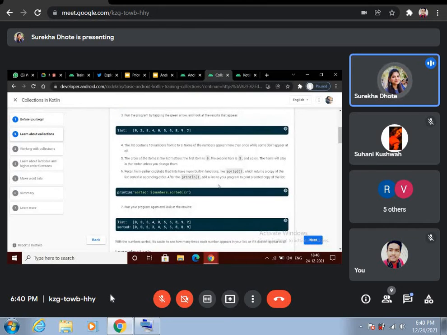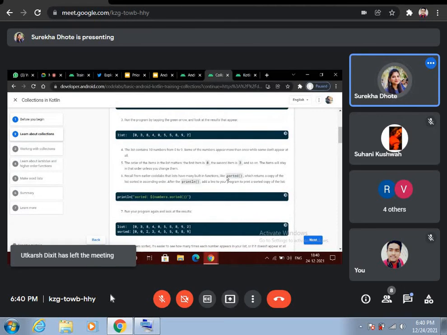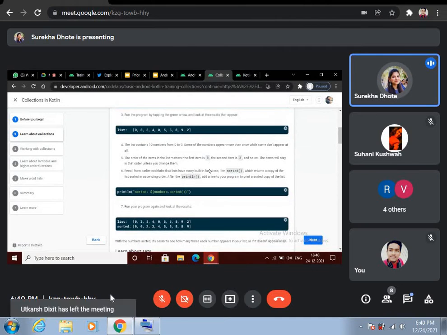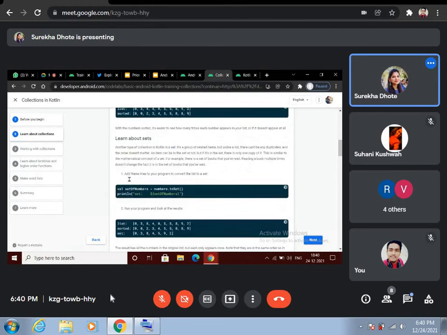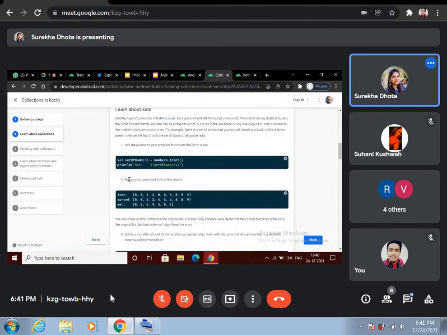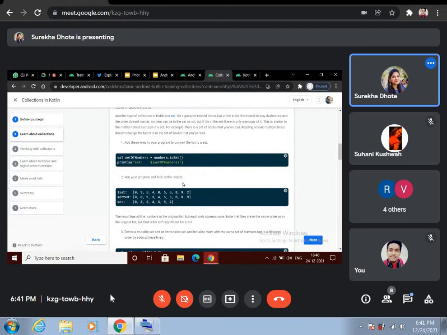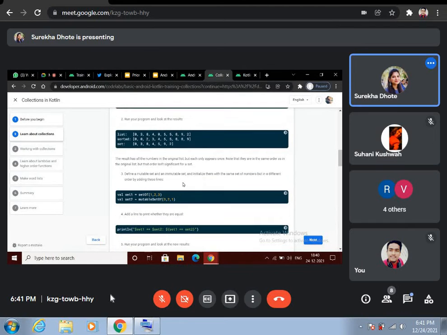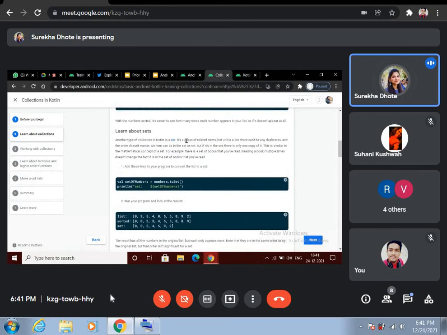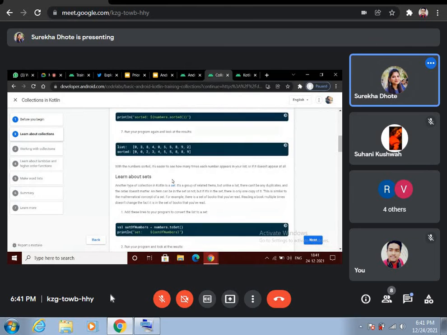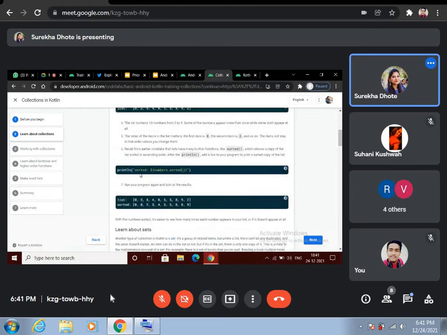For sorting this, we are using a function like sorted. How can we use it? Here we can see the syntax of how we can sort this list.